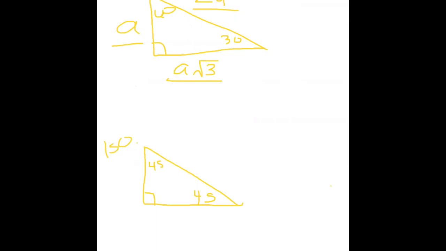For a 45, 45, 90, you know that both sides are going to be the same because it's isosceles. And then the hypotenuse is always going to be